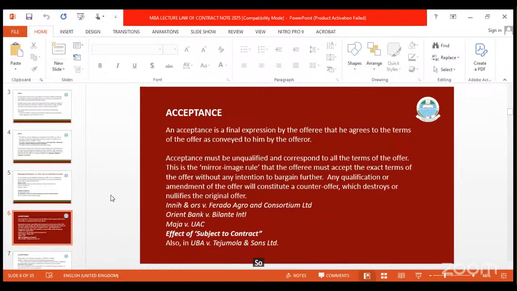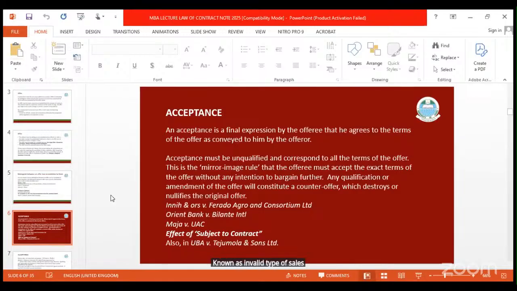We already said that the terms of an offer have to be definite, has to be clear, such that the offeree will know exactly what the offeror has in mind. So acceptance must be final. You must accept the terms of an offer as it is for it to amount to a valid contract. So where you qualify it or where the terms of acceptance do not correspond with the terms of an offer, then of course it is known as an invalid type of acceptance.